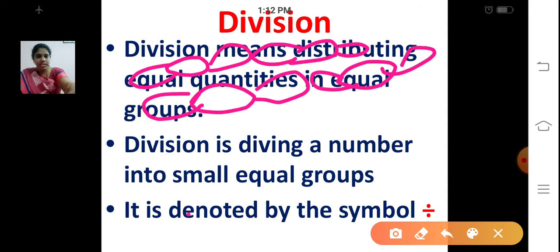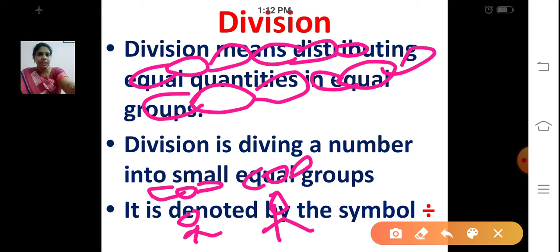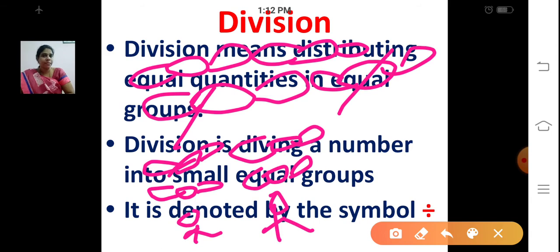Just consider this is one child and this is one child. First I'll give one to each child. So I'll give 1 chocolate to this child and again 1 chocolate to this child. Now how many are left with me? Again 2. So again I'll give 1 to each one of them. Now tell me how many chocolates will each one get? Each one will get 2 chocolates, isn't it?